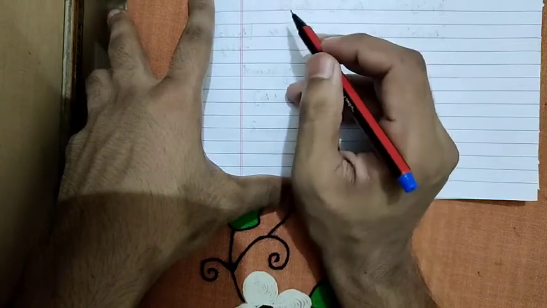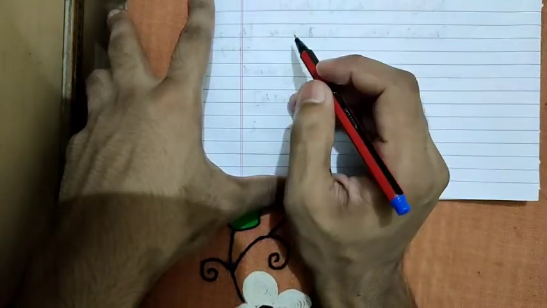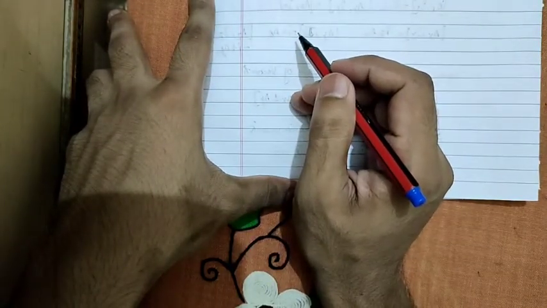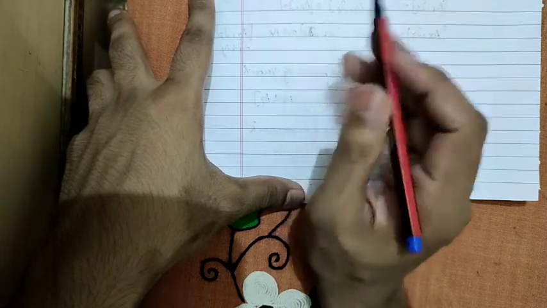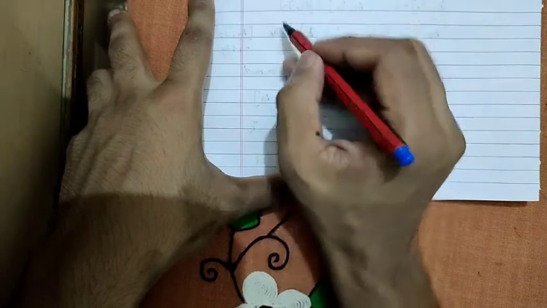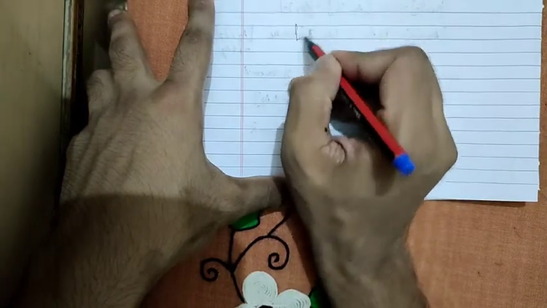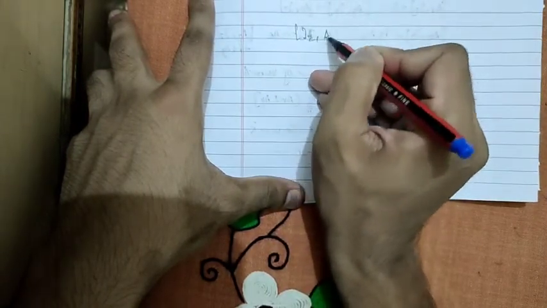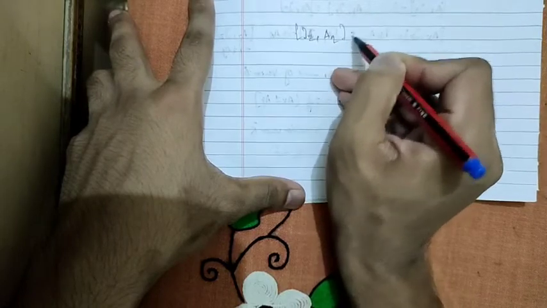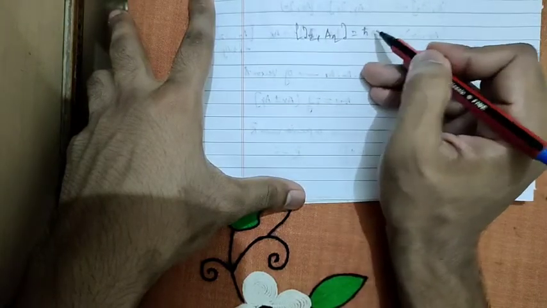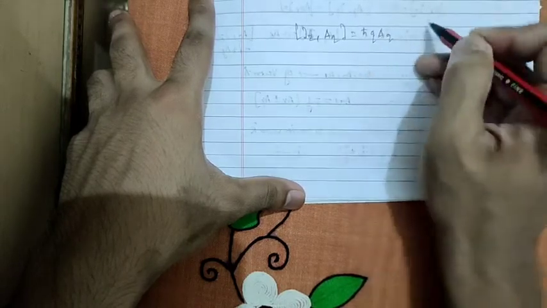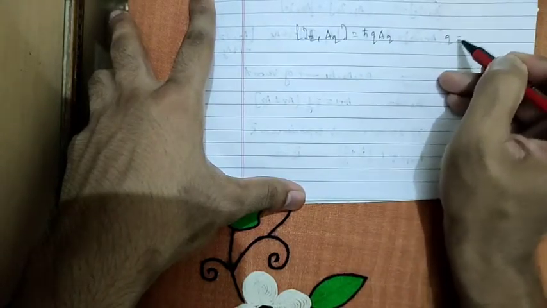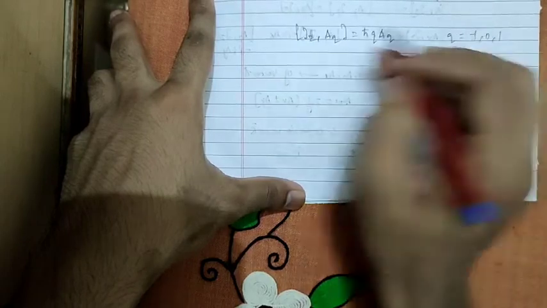Now to recapitulate everything, using the previous commutation relation of the vector with the angular momentum operator and the above spherical components, we can write the following relation: the commutator of Jz with Aq equals q h cut Aq, where q is equal to minus 1, 0 and plus 1.